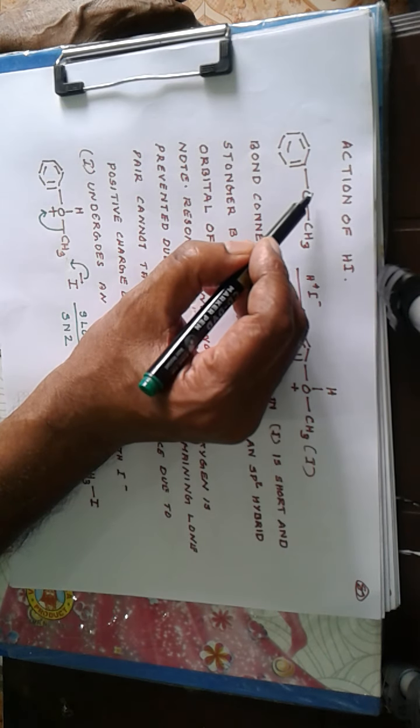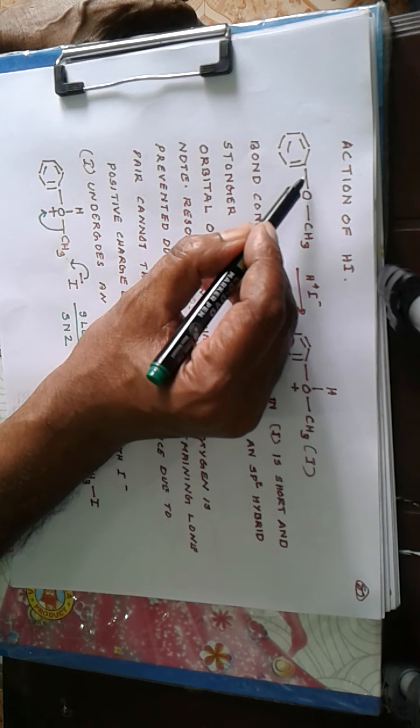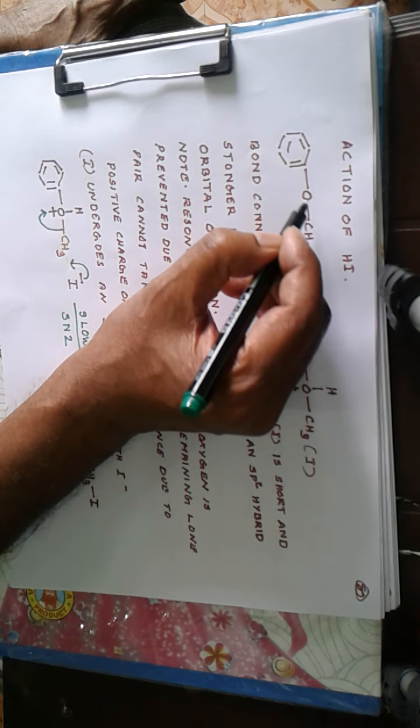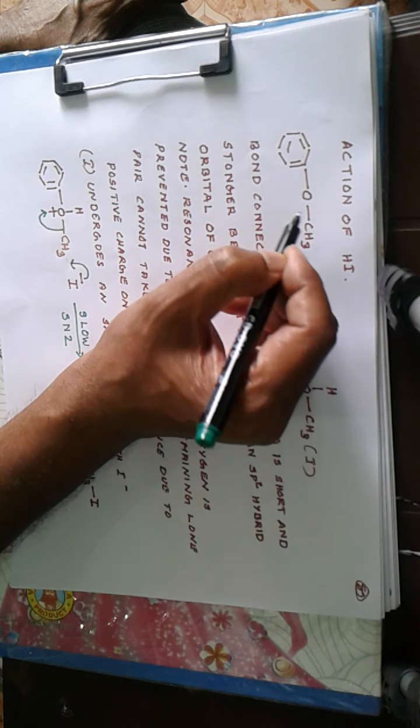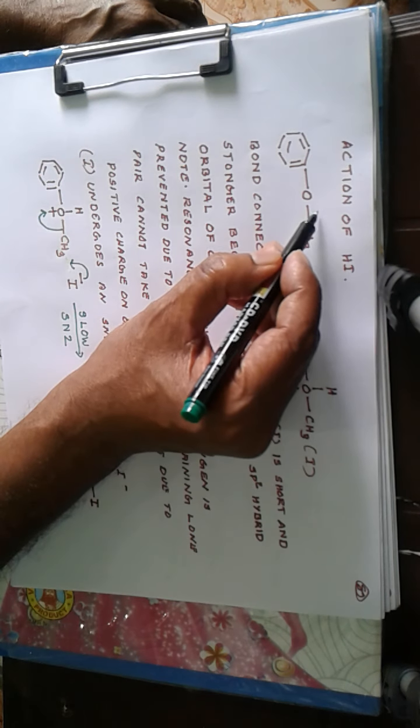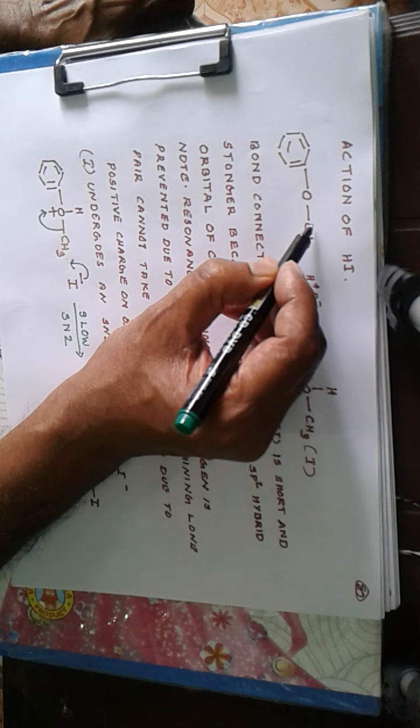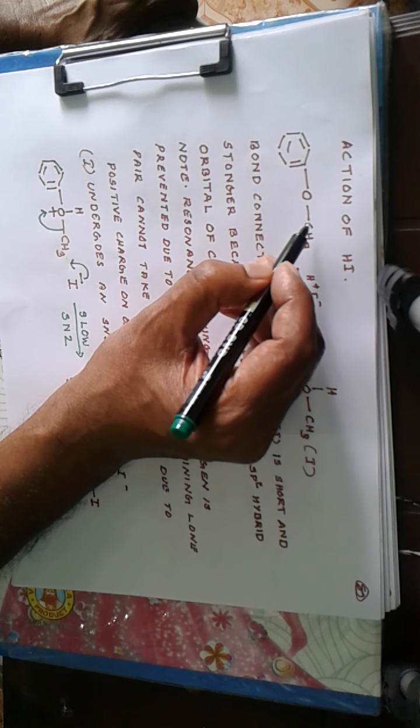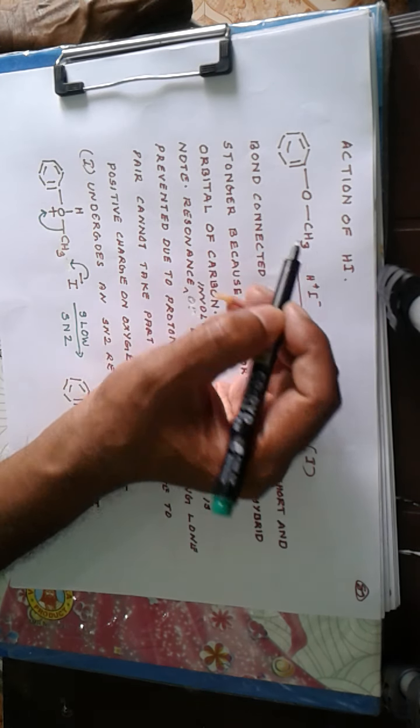Now, the action of hydroiodic acid on aromatic ethers. Here, due to resonance or mesomeric effect, the C-O bond here is strengthened, in the sense it acquires double bond character, so it is difficult to break this bond. So the only choice is breakage of this bond. So when this bond is broken, we should get C positive and O negative. So C positive will get connected to I negative and OH. But the mechanism is SN2, in the sense